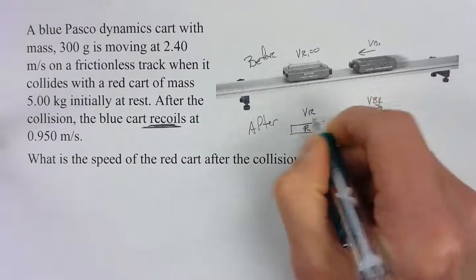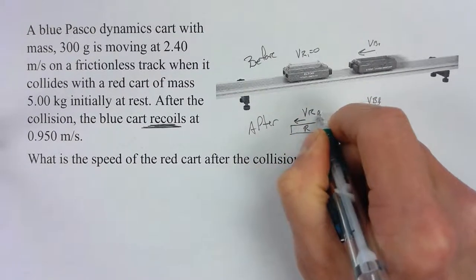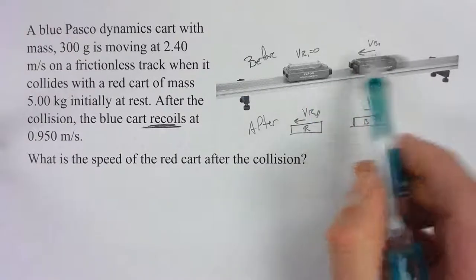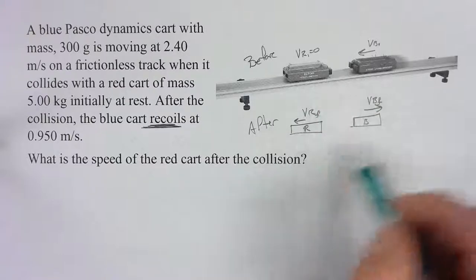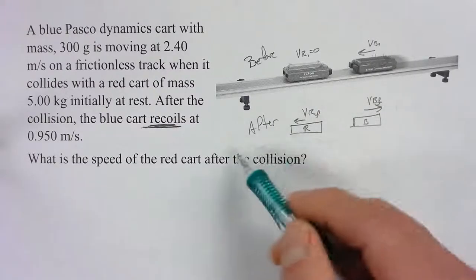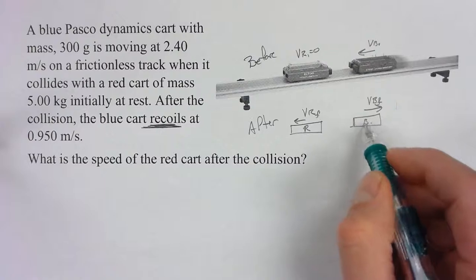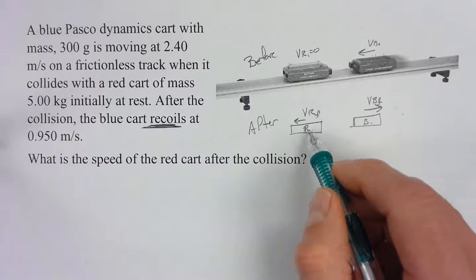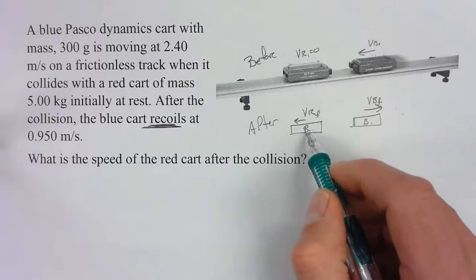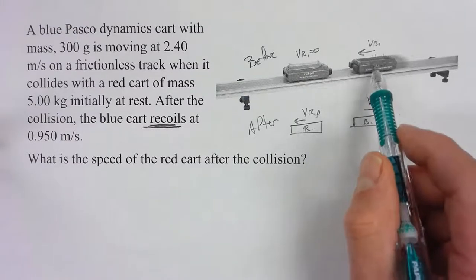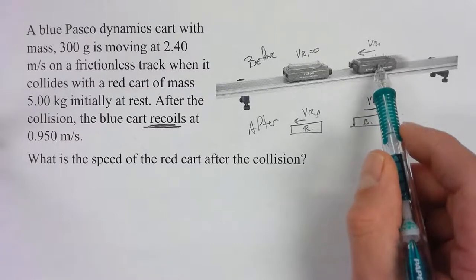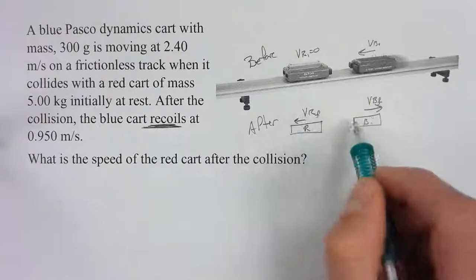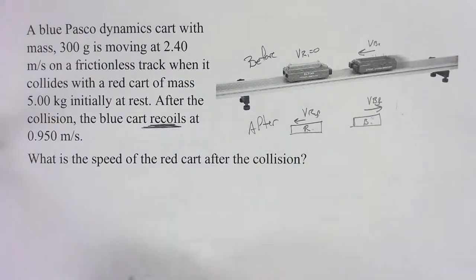Velocity of red, it should be going to the left, I would imagine. Remember, there's momentum to the left at the beginning, so the total momentum at the end has to be left. This blue cart actually has some rightward momentum at the end. So likely this has to go left and has to go with a bigger momentum than the blue cart had initially, right? Because it's taking away some of that momentum there. But now that we have these illustrations, we should be able to set up our equations